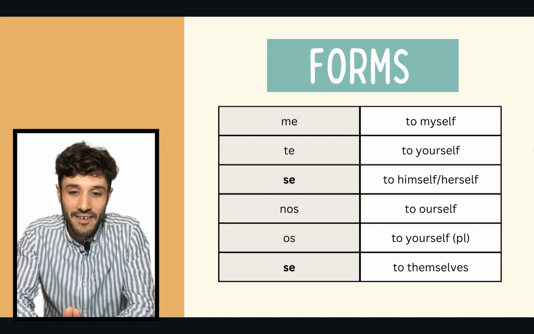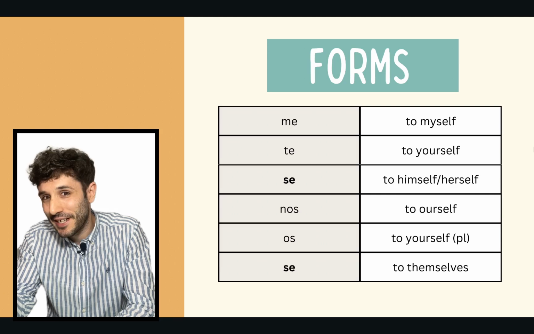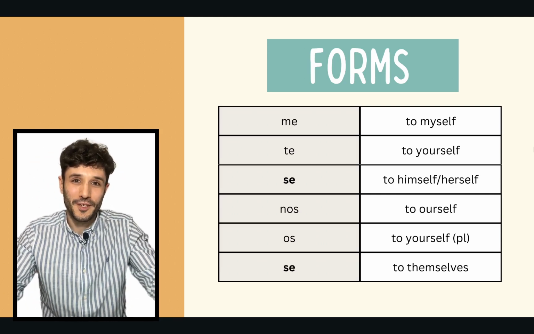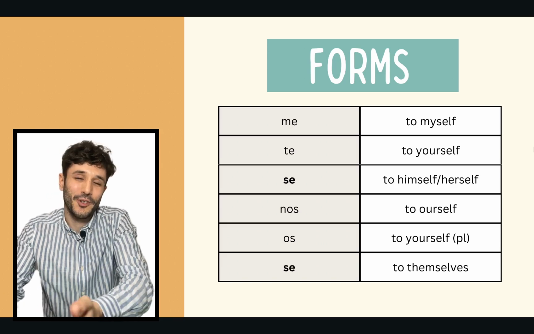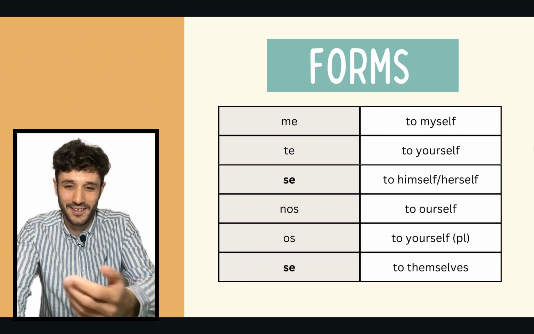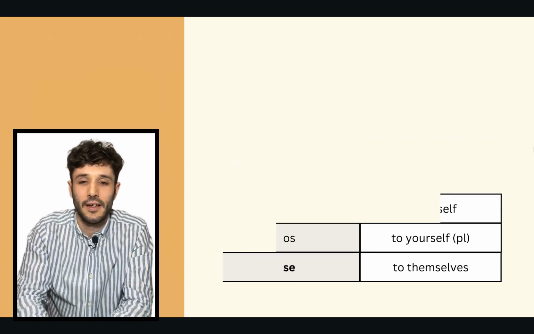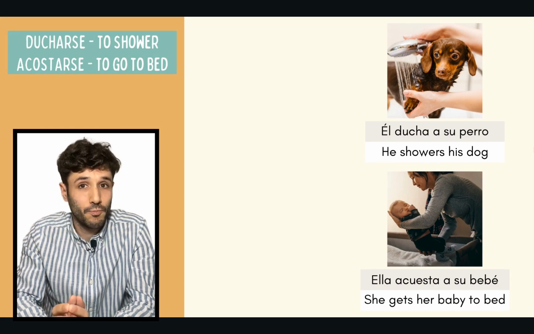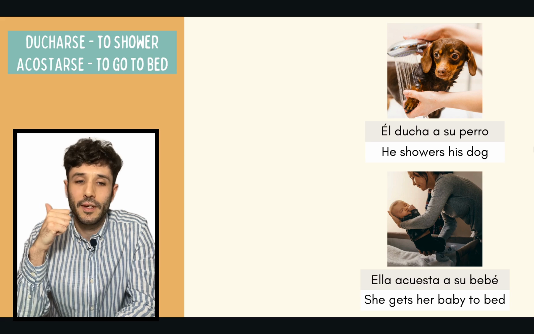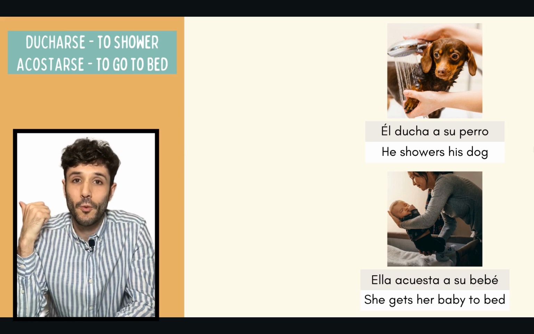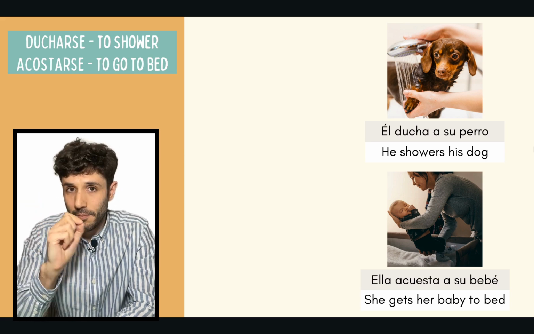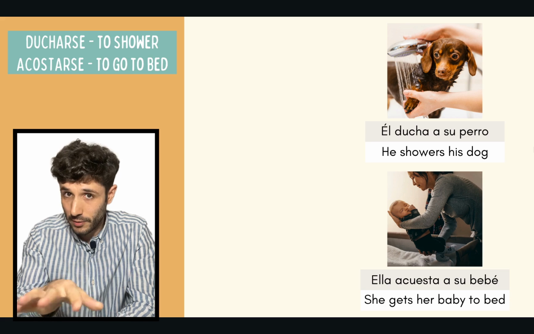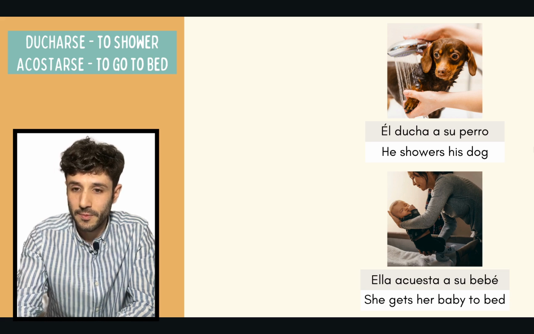And I have highlighted se as to himself and herself, and se as to themselves because, well, the topic of this video is how to use se. I also showed you the other pronouns, the other forms, but basically there you have se highlighted. Okay, in this slide, you can see 2 sentences, 2 examples, one of them with the verb ducharse, the other one with the verb acostarse. These examples are not reflexive uses, okay? So this is not the reflexive se that I'm going to teach you in this video, but I want to